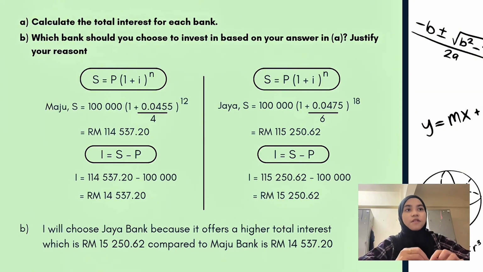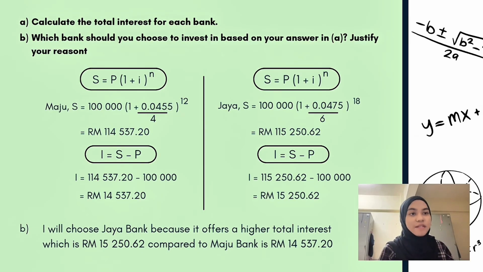First of all, before we calculate the interest, we need to calculate the total amount. So we use the formula S equals P times (1 + i) to the power of n, where i is the interest rate divided by the number of compounding periods per year and n is the total number of periods. To find the total amount for Maju Bank, you need to fill in all the information into the formula and you will get the answer. S is 140,537 ringgit 20 cent divide 100, so you will get the answer,